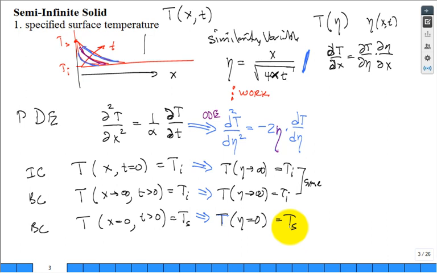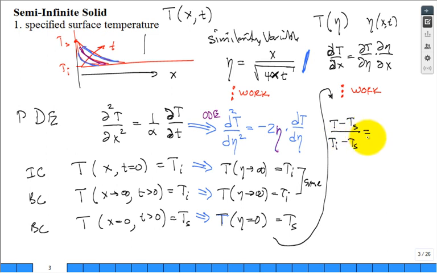Wow, that was pretty hard, but guess what? I am still very, very happy that you have taken a whole class in calculus and differential equations, because with a lot of work, you get a solution. And here's the solution: the temperature minus Ts, that's a constant, remember what Ts is, divided by T initial minus Ts is equal to, so it's a ratio of temperature differences, is equal to